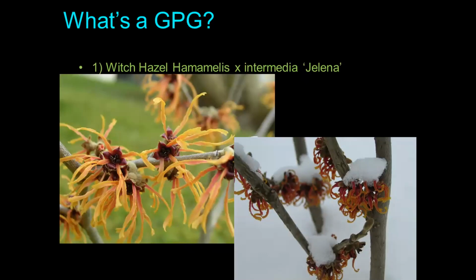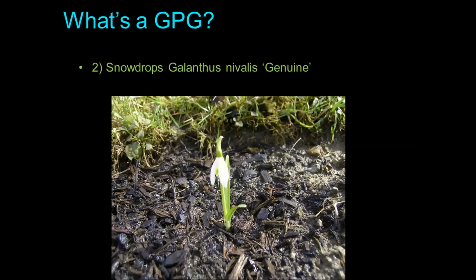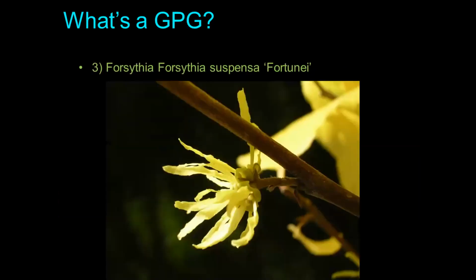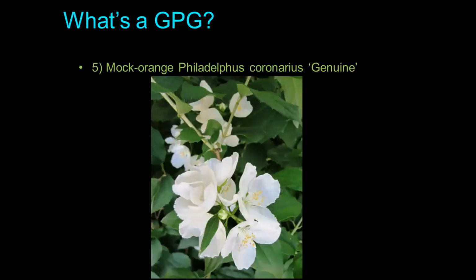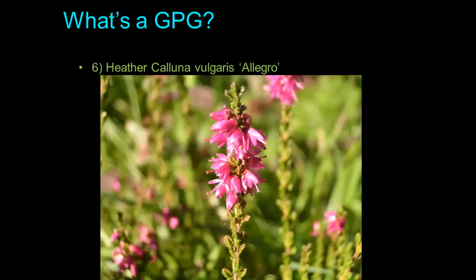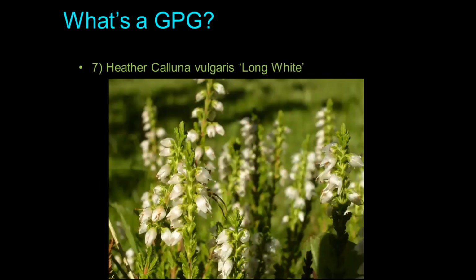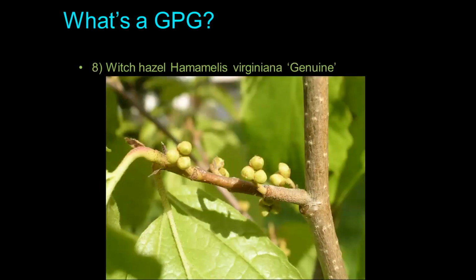Hamamelis, witch hazel, and in fact sometimes it's blooming in winter. So this picture on the right, it has snow on the flowers. Then the snowdrops, I think you know them. The forsythia also, a certain kind of lilac, a mock orange, a Philadelphus. They smell very, very sweet. And then two kinds of heather, a red one and a white one, and another Hamamelis that is blooming in